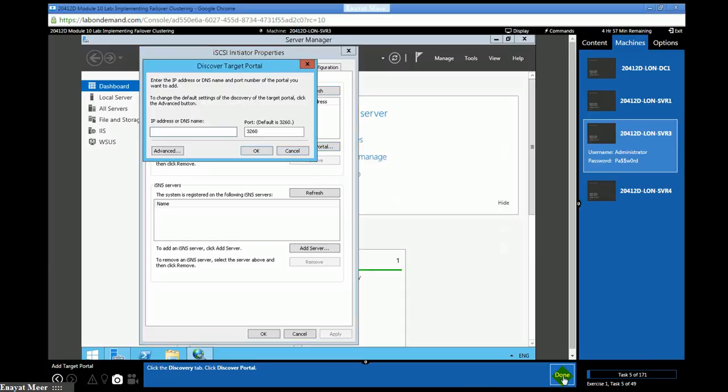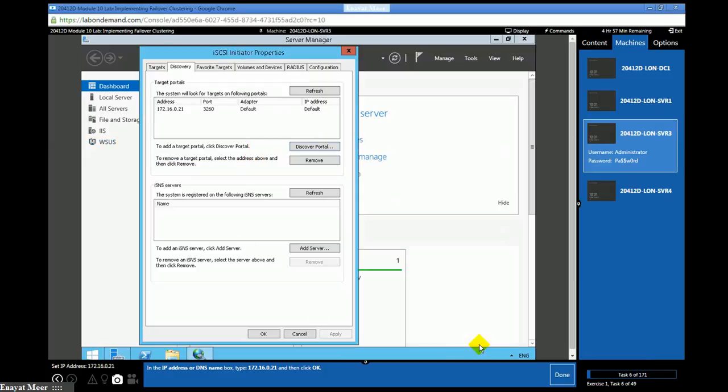The IP I am going to put here for SVR1, LON-SVR1 being the host name of my server 1, is 172.16.0.21. That is the IP address, and 3260 is the default port for iSCSI.